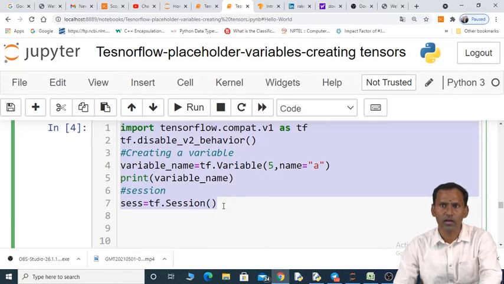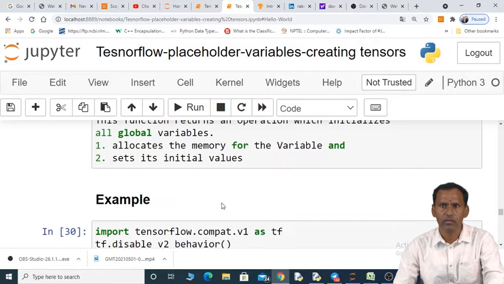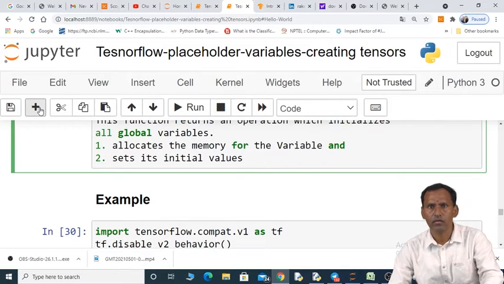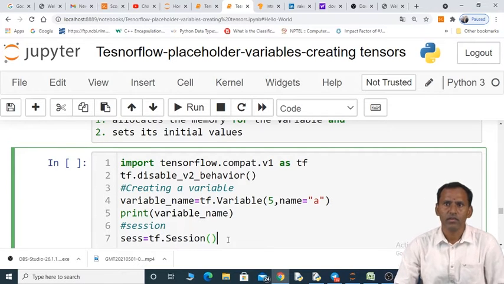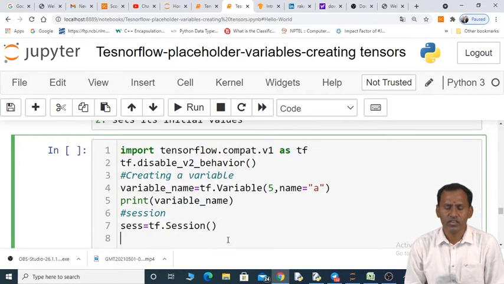I'll copy this entire code and here I am initializing. After creating the session, we have to initialize it.